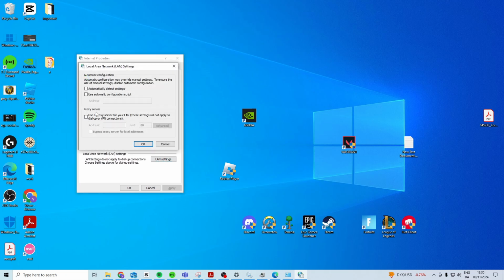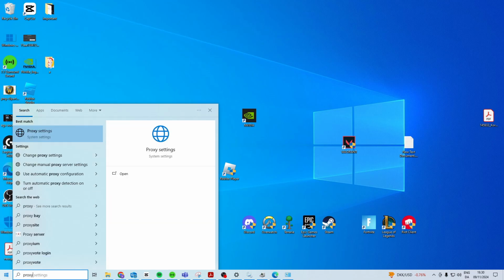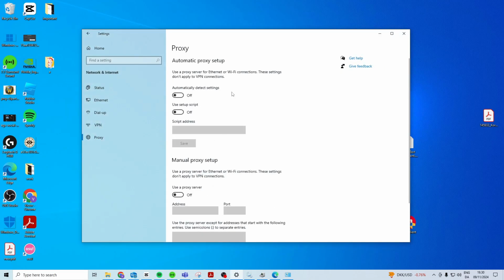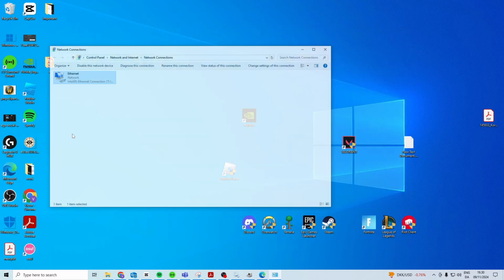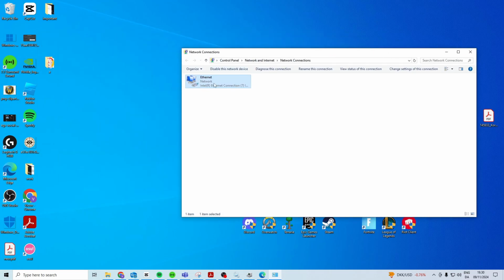In here you want to make sure that it is not using a proxy server, so make sure this one is not ticked. And just to make sure, we want to search here for proxy settings as well, and we want to make sure these are not on. After that, you want to search for view network connections, open it up and find your internet. What you should try and do is right click, disable, and then right click, enable, and see